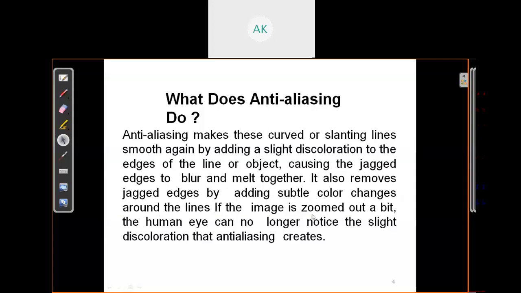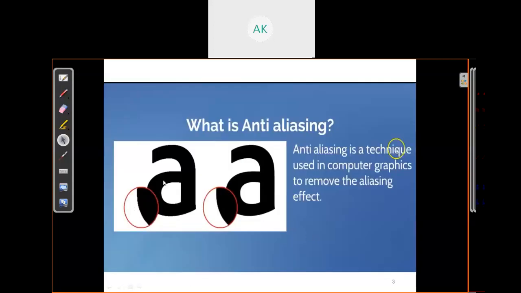If the image is zoomed out a bit, the human eye can no longer notice the slight discoloration that anti-aliasing creates. Again, in this image the change is visible, but in this image the change is not visible to the human eye, but still there is some kind of aliasing. When we zoom in, we can see slight aliasing is still there.